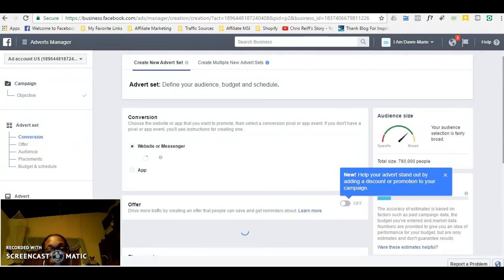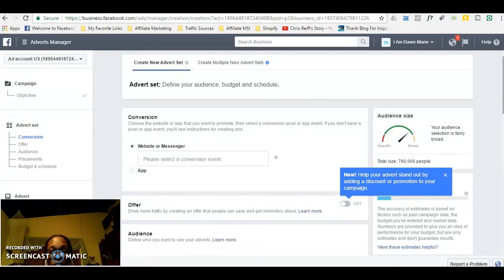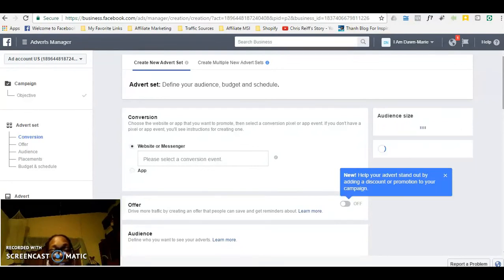Facebook makes it easy for you by giving you suggestions, which I usually trust. And the reason why I trust it is because Facebook built this platform, so they pretty much have configured it in such a way that when we insert the interests that we think are ideal for our audience, to laser target that specific audience, Facebook is going to come back to us and say, well, if you are targeting that interest which has a high affinity, it's going to give us other interests with high affinities as well. So that's what I have noticed when creating Facebook ads.